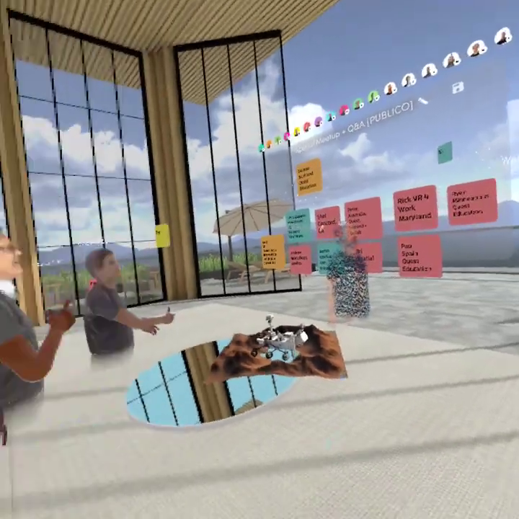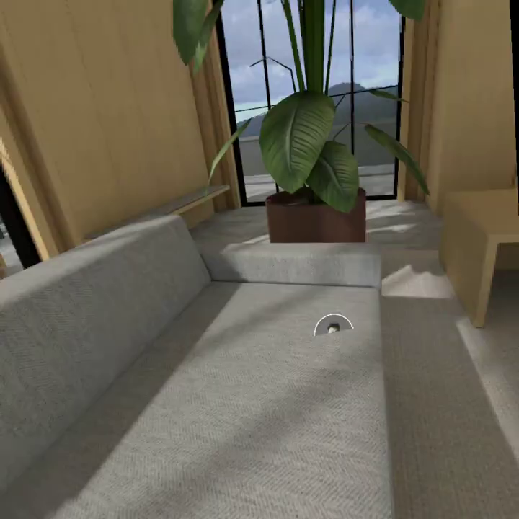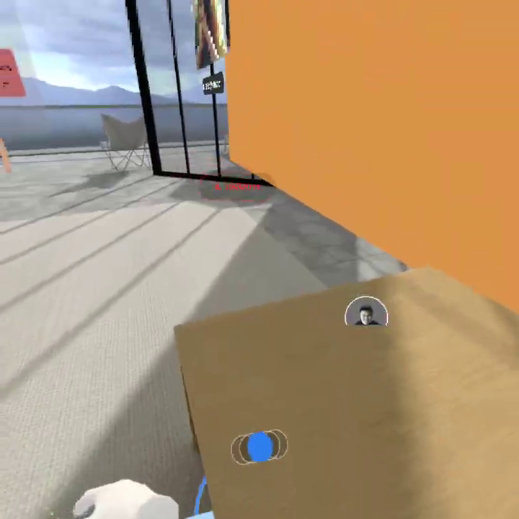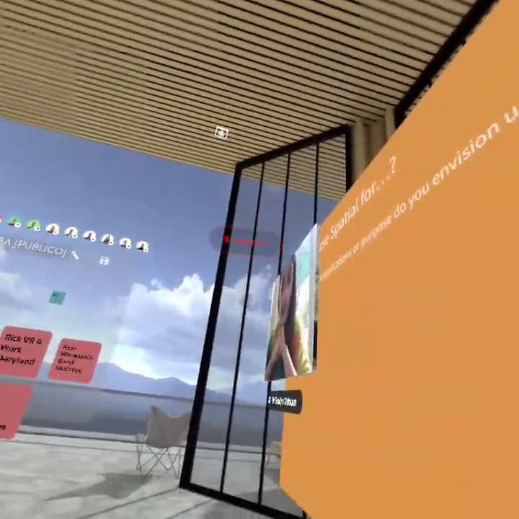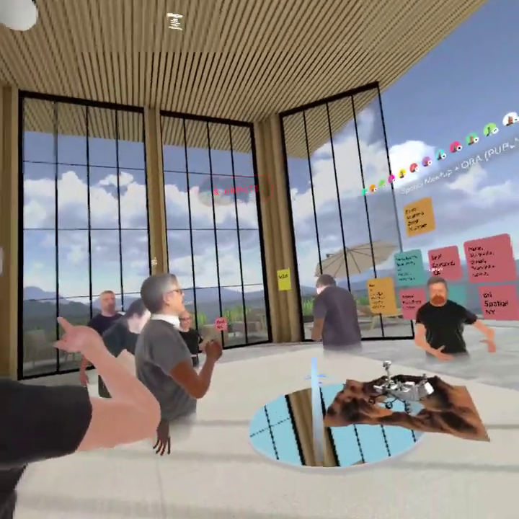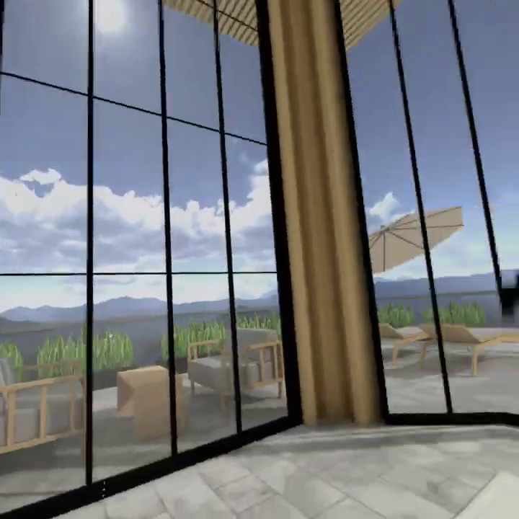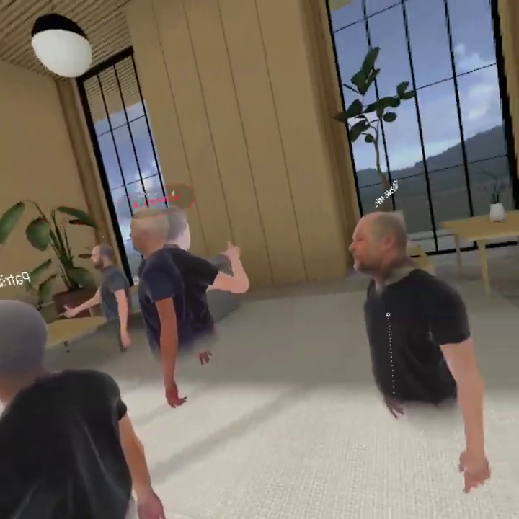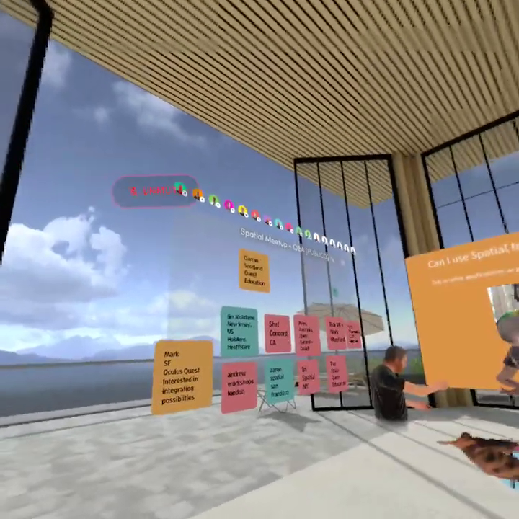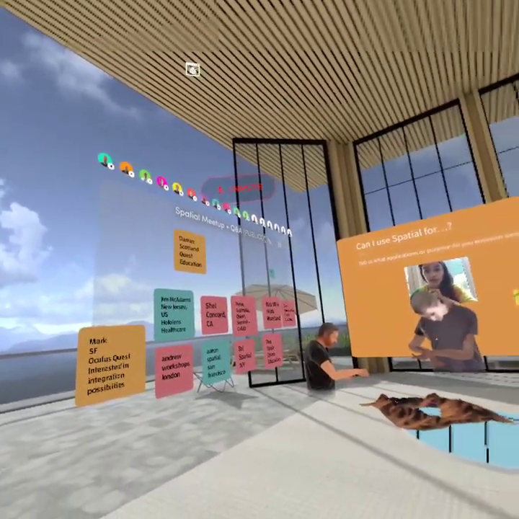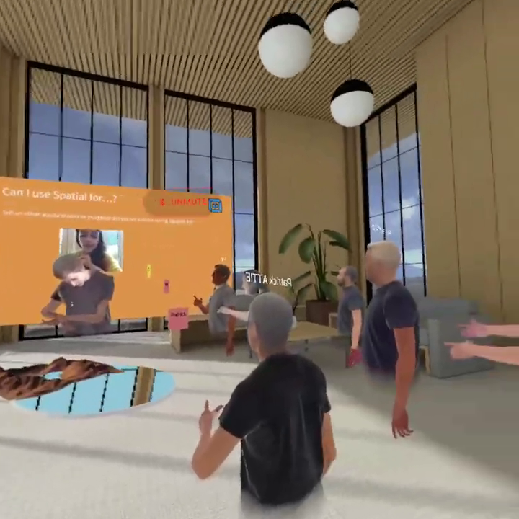Mostly to get an idea of what you guys are thinking about doing in spatial, or what you're already doing in spatial. So if you want to, just create notes and say in as much detail as possible what you're doing in spatial or your dream use case.